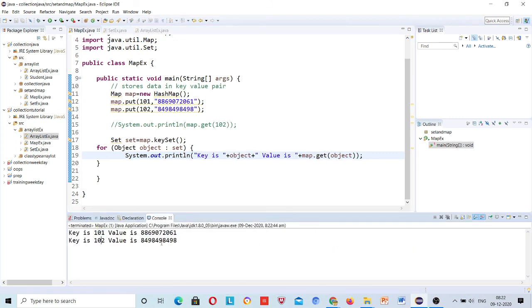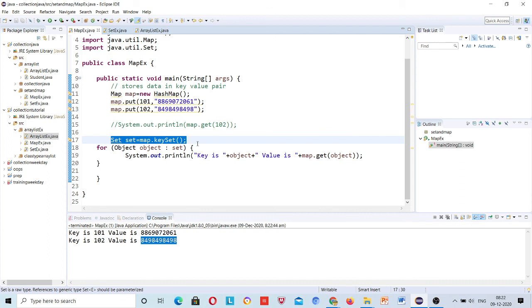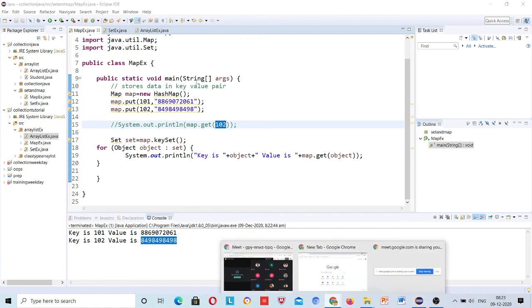Key is 102, value is this, right? So if you want to print all that, you need to store all the keys inside a set first. Otherwise you have map dot get and key, so you provide a key and it will print. Okay, so this is about set and map.